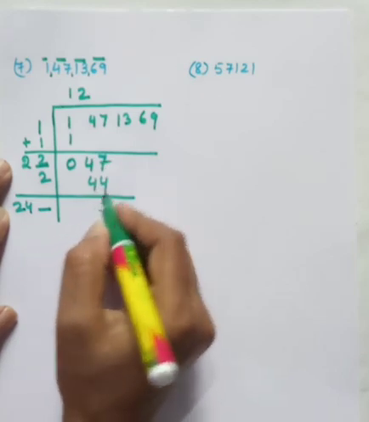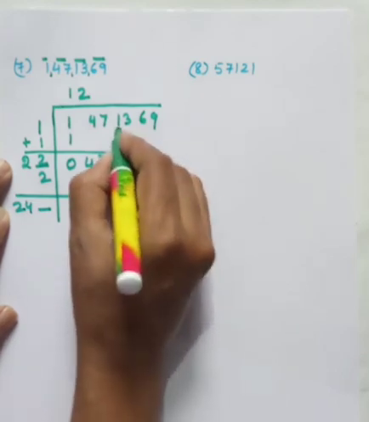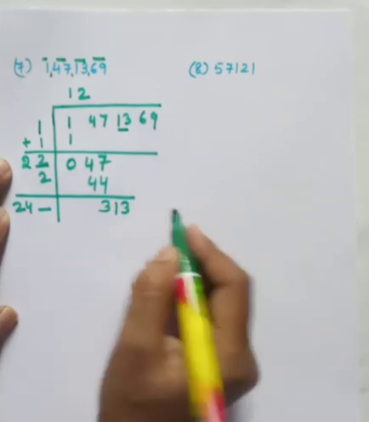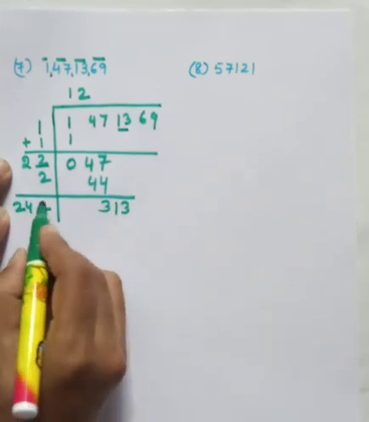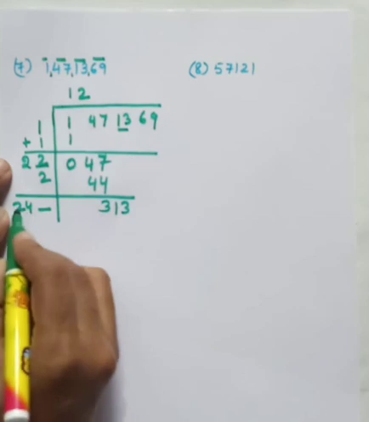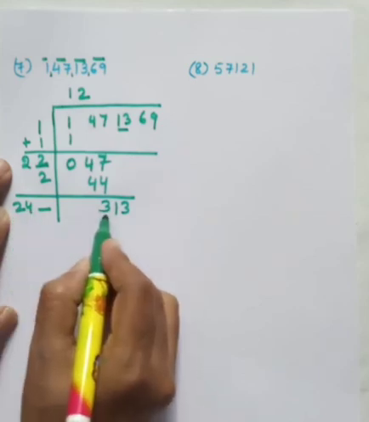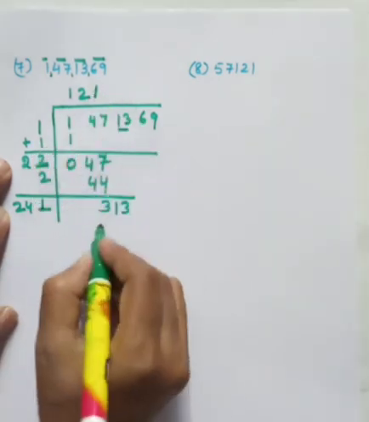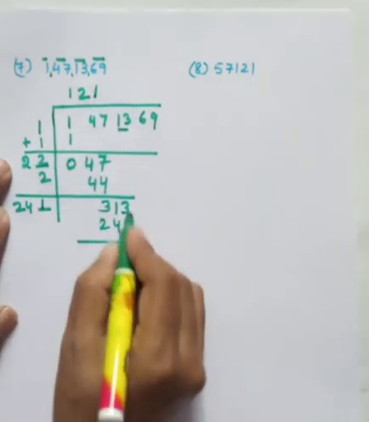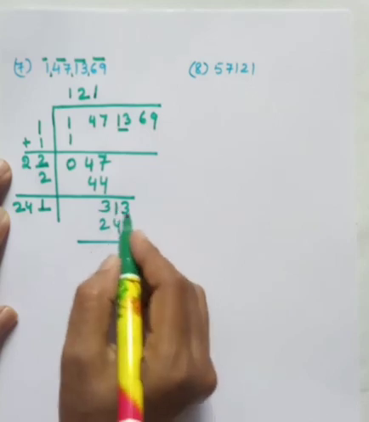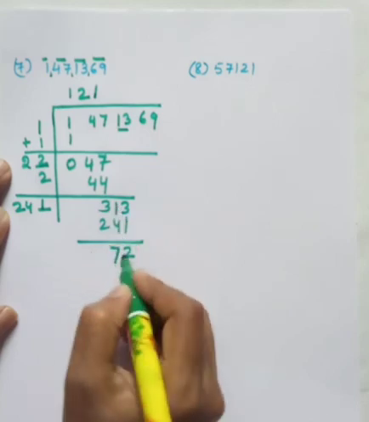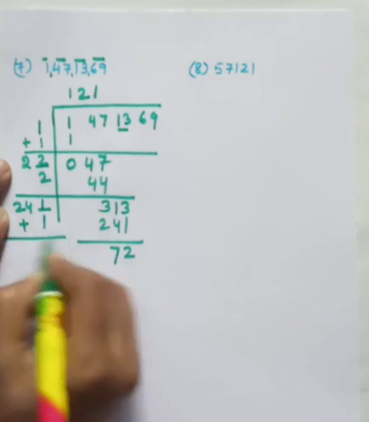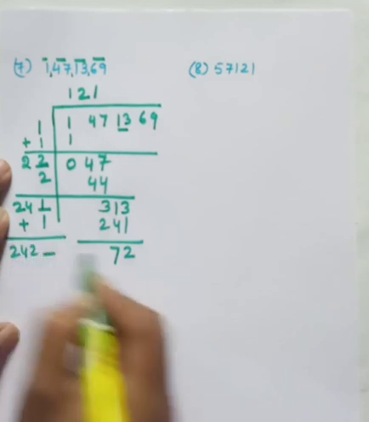So here 0. We shall bring down the next pair, that is 13. See here, if we are going to put 2 here, what will happen? You have to have 4 in the hundreds place. So it is 3. So we shall go for 1. So 241 1s are 241. 3 minus 1 is 2. And then 11 minus 4 is 7. Here plus 1 we will get 242 with 1 place vacant.